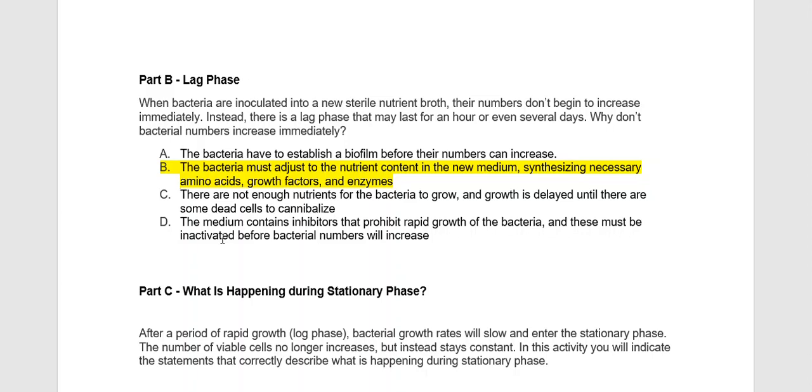They actually just use the nutrients in the media, so that one doesn't work. D, the medium contains inhibitors that prohibit rapid growth of the bacteria, and these must be inactivated before bacterial numbers will increase. Well, if there are inhibitors in the growth media, then the microorganisms just won't grow at all until you remove that. So that doesn't work either. So our best answer is B. Going on to part C,